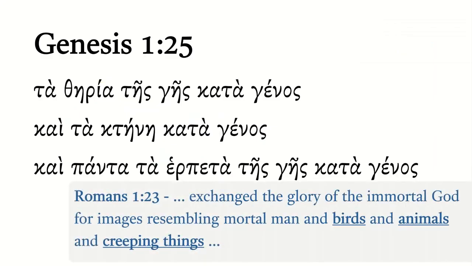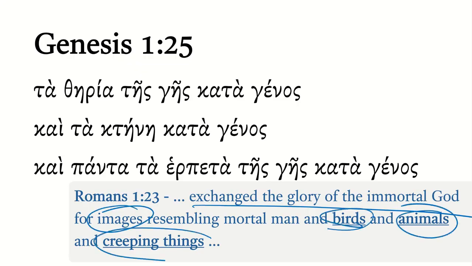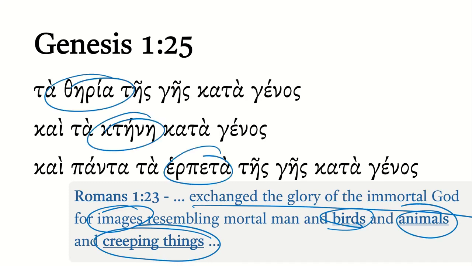Now, this description of these animals is alluded to in Romans 1:23. It's not a direct citation, but Paul here is describing how God has made everything, including us, and then humanity in its fallenness has exchanged the glory of the immortal God for images, which we'll see here in a bit. One of the next verses, we'll talk about the image, resembling birds and animals and creeping things, going back to these wild beasts, of course, birds being created elsewhere.